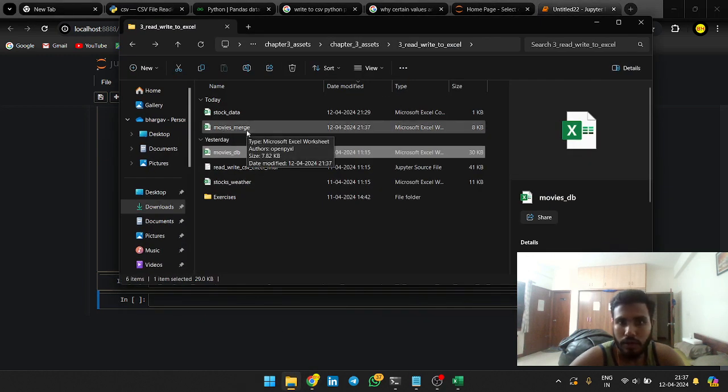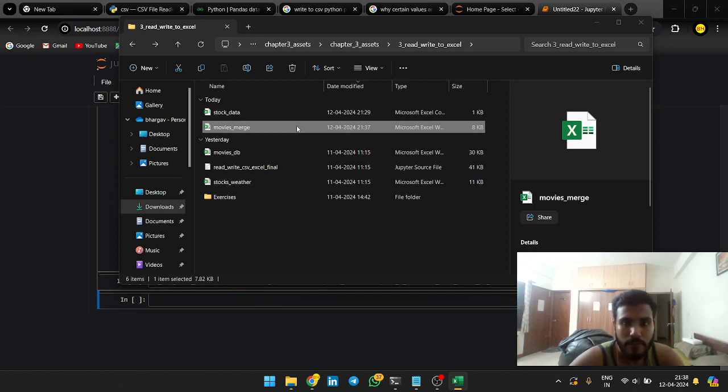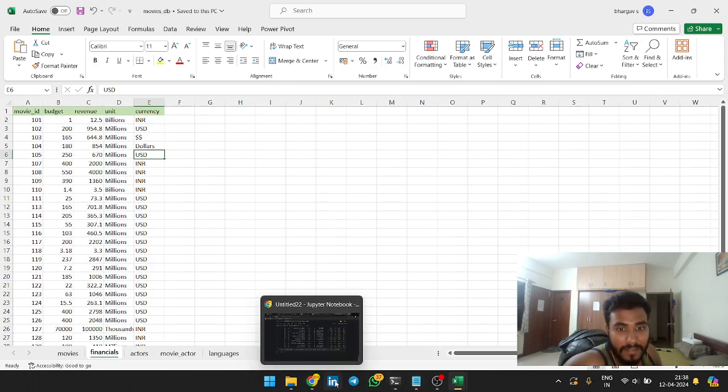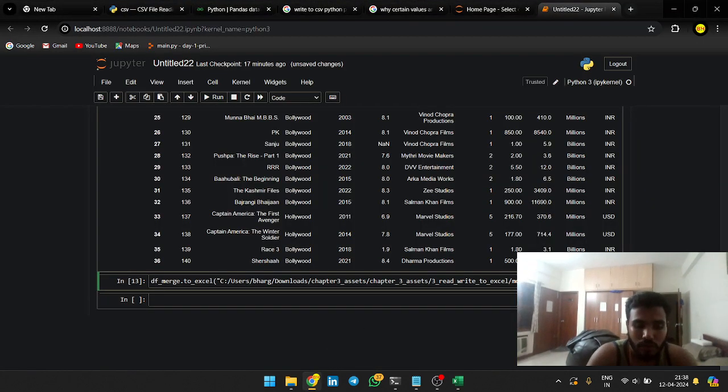called movies merge. Before, this file was not here. So I'm going to open this file. Let's see what it contains. It contains all the details: movies, titles, industries, release year, and budget, revenue, unit, currency, all the things. You can also change the name of the sheet in pandas. I think the API used is name is equal to